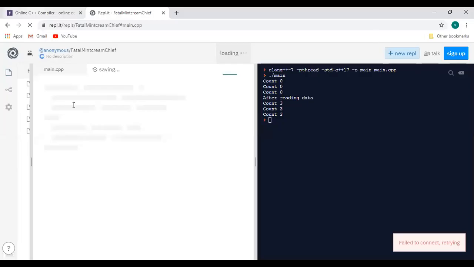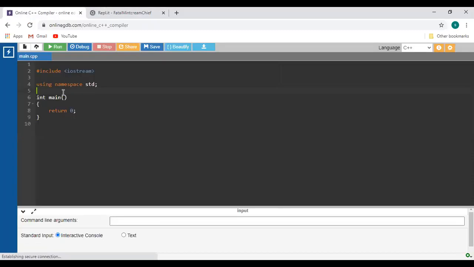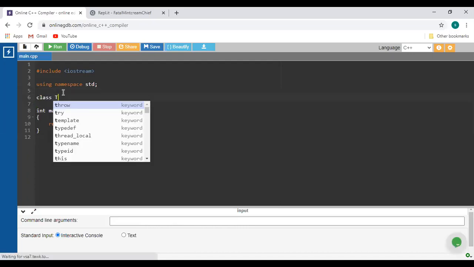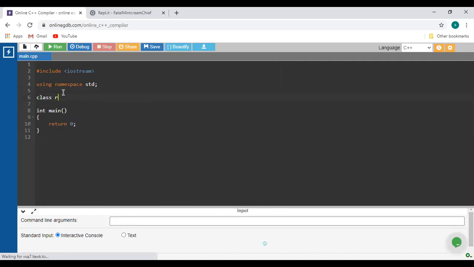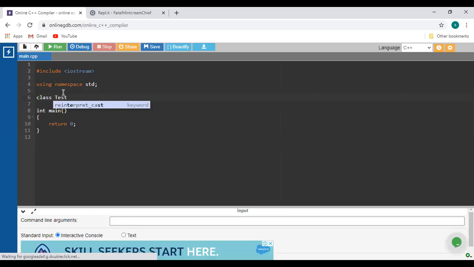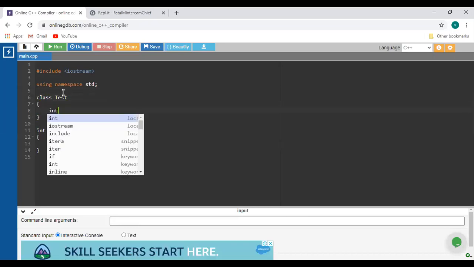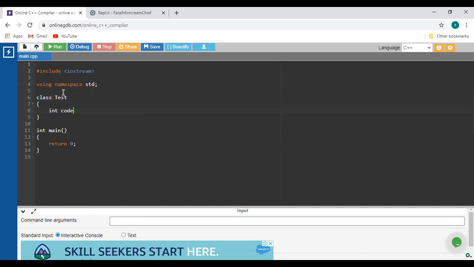From scratch. What have we considered here? One class test, and inside that we have considered two different values. First is the integer code, and second is the static integer count.